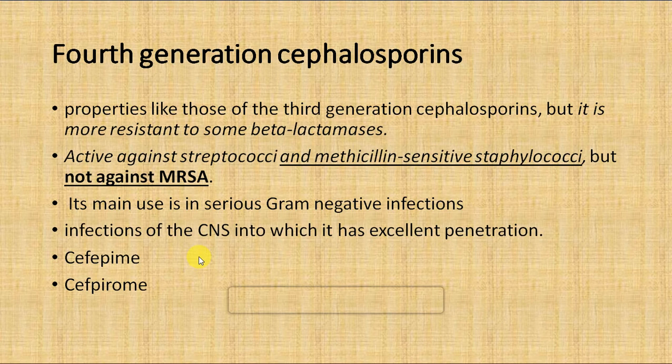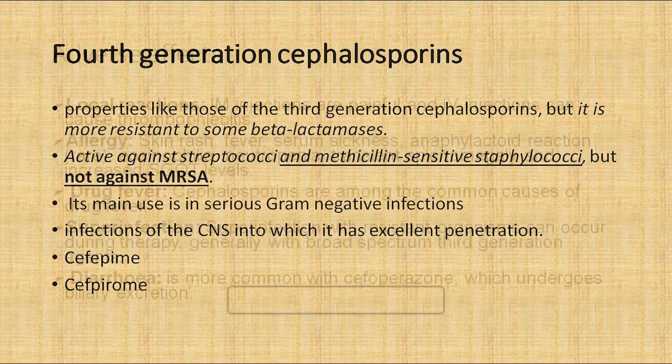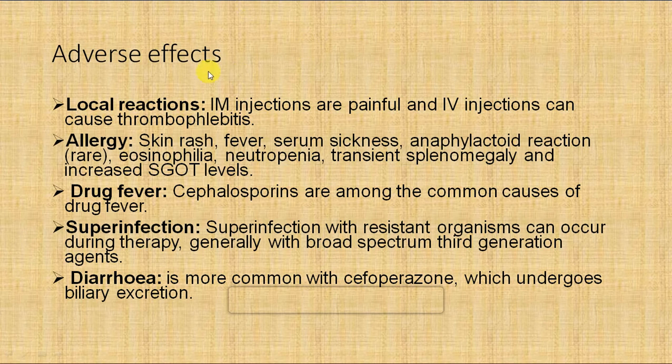So what we have learned from this is, first generation is active against gram positive, second generation onwards the activity for the gram positive gets decreased and activity for gram negative is constantly increasing. And also first generation we cannot use for the systemic serious infection, but we can use for the simple URTI and common infection, but as the generation increases we can use them for the systemic serious infection. So this was about the fourth generation of the cephalosporin. Now let's move and look at the adverse effects.